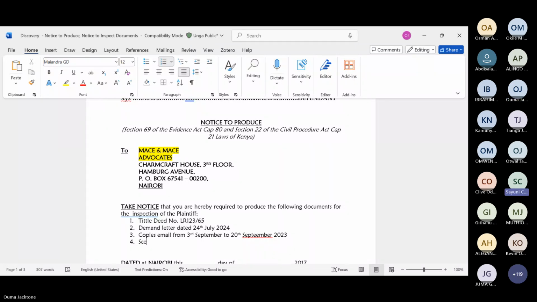Screenshots of conversation between you and your wife. Yes, sometimes this will be required. Employment contract.